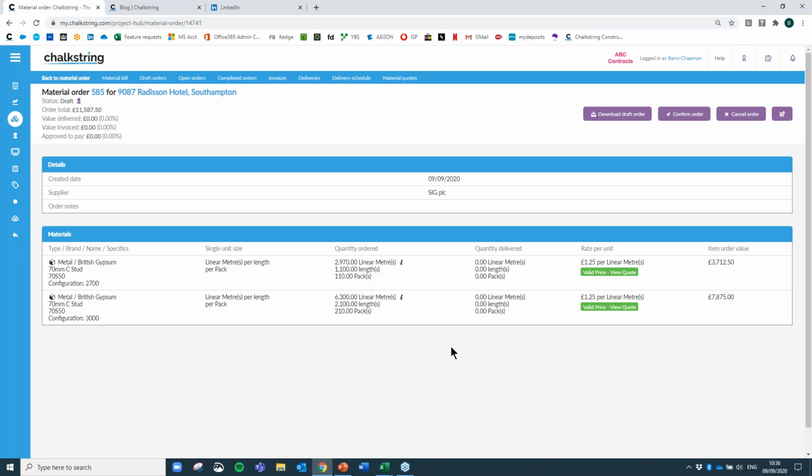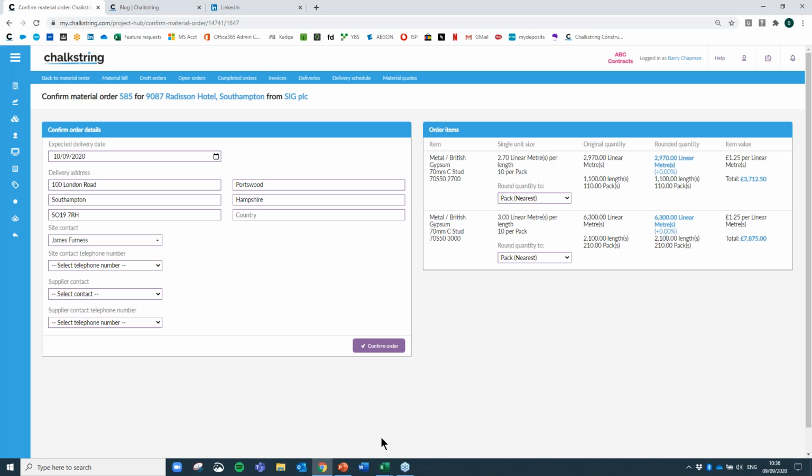And this is like an Amazon shopping basket. You can have as many materials in there over time. You can build it up, obviously. And when you're ready, you then simply confirm the order. And this will ask you to put in things like delivery dates, and it knows the delivery address, and you can have site contacts in here and so on. And you can even do things like rounding up or rounding down to the nearest pack or the nearest pallet. Again, there's a bit of detail I'm not going to go into there, but the principle is you can control what it is you want to order. And when you're ready, you simply confirm the order,